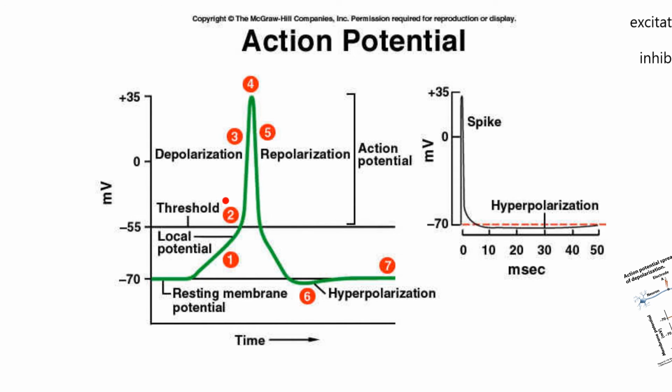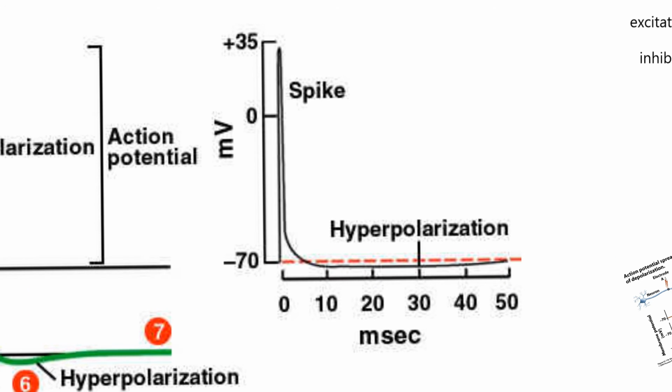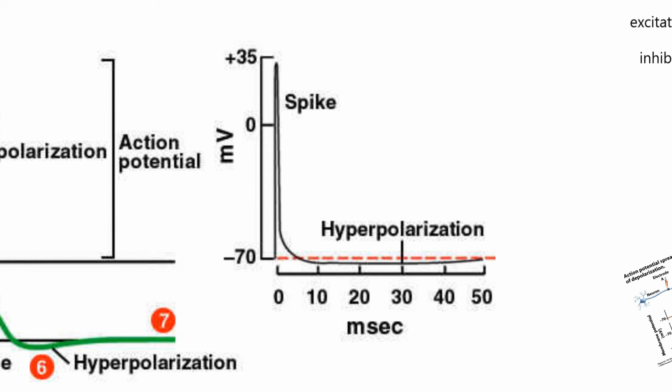Depolarization means going up in this direction. It peaks out at, let's say, plus 35 millivolts, but then the potential is going to be regenerated, so it's called repolarization down here. It comes down. If it goes below resting, it's called hyperpolarization, and we'll talk about that in a little bit. That is one action potential on one spot on the membrane only. Okay, so now let me move this over a little bit because I want to look at this other part of the diagram and talk about